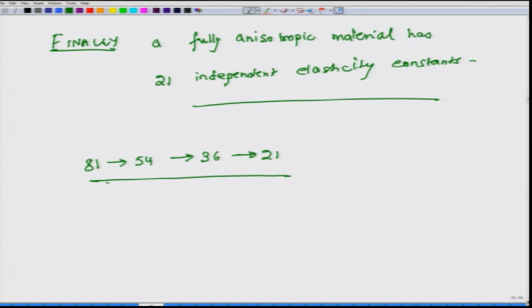Tomorrow, we will continue this discussion, and we will show that the number of elastic constants drops down further if the material is specially orthotropic, which we discussed yesterday. For that kind of situation, we will make some more simplifications, but if the material is not specially orthotropic and is fully anisotropic, then there will be 21 independent elastic constants which will relate stresses and